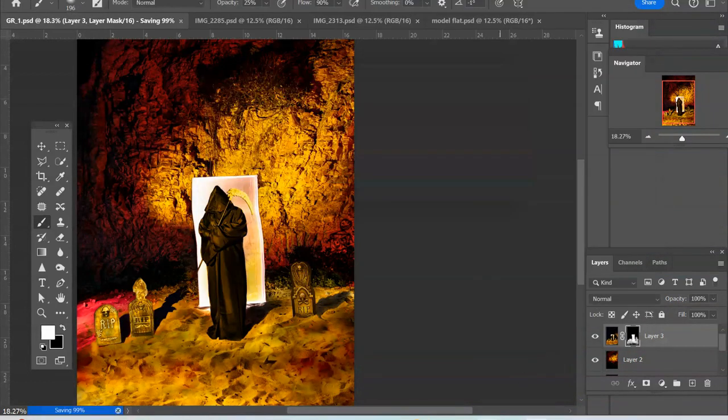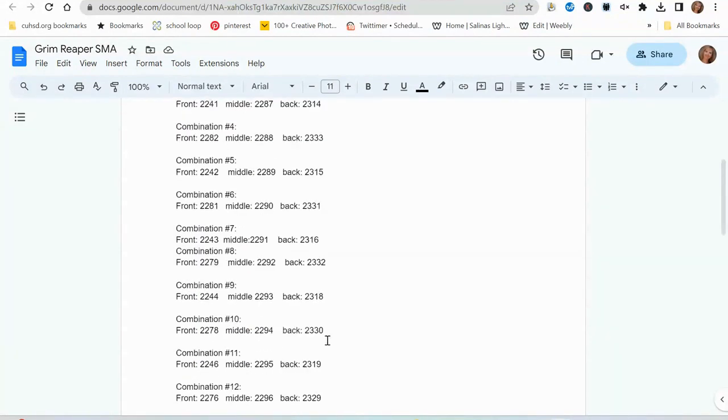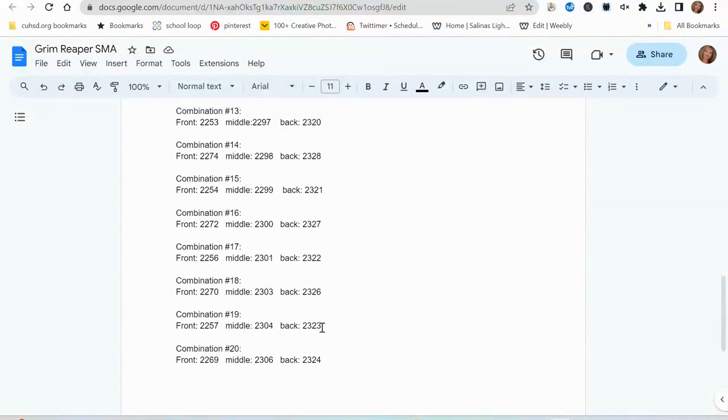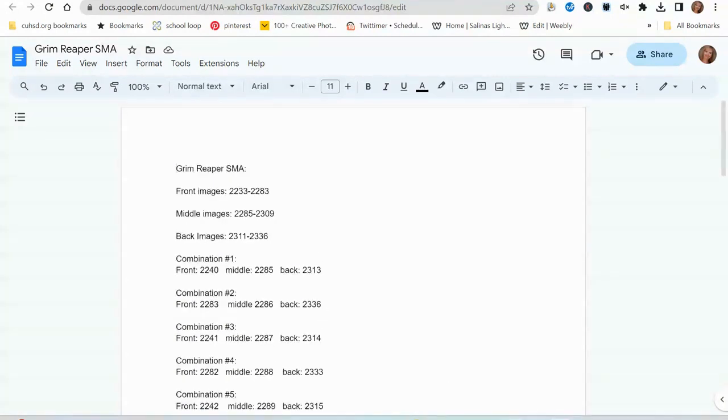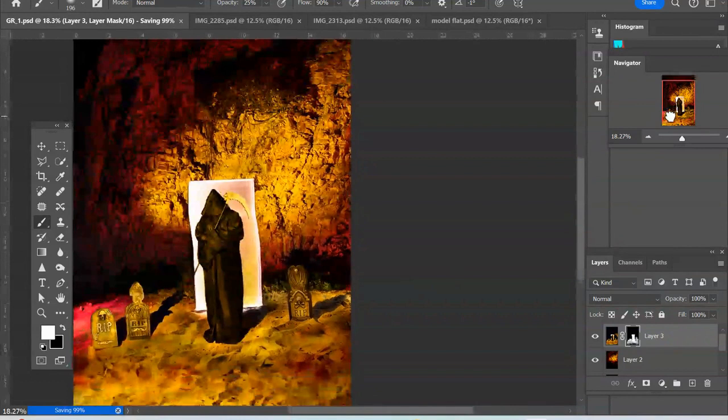And you're going to do the number that you've been assigned. So for example, if you are assigned 1 through 4, then you'll call it GR1, GR2, GR3, GR4. But if you're assigned, let's say 17, 18, 19, and 20, then you're going to call it GR17, GR18, GR19, GR20, okay? So that we have 20 different images, because these are all different combinations of images. And that's it. Let's go ahead and